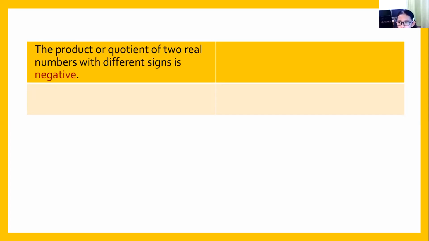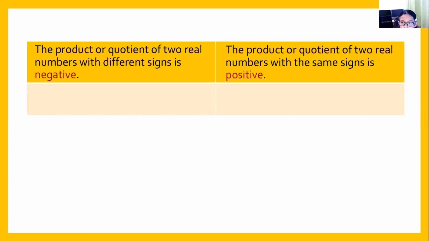Now, what happens when, can you read the next one? Product or quotient of two real numbers with the same sign is positive. Okay, if the product or quotient of two real numbers have the same sign, you will have a positive result. If they have different signs, you will have negative. That's the rule in multiplication and division. Okay, Crystal, you understand? Yes. All right, let's see. Next,